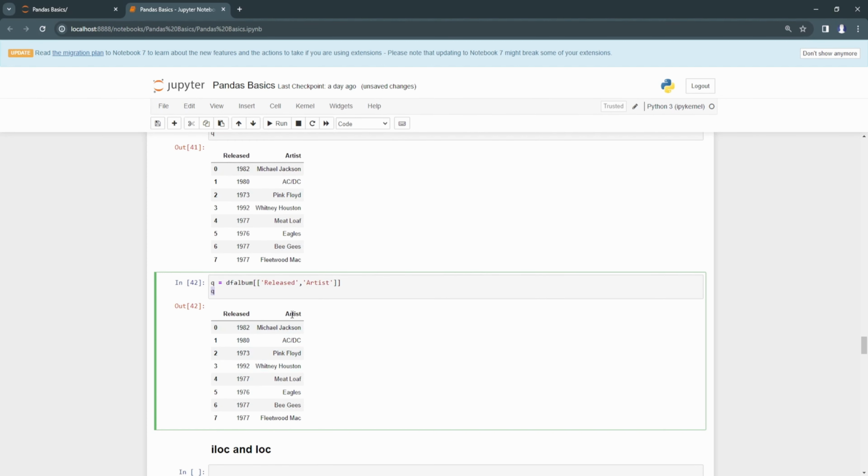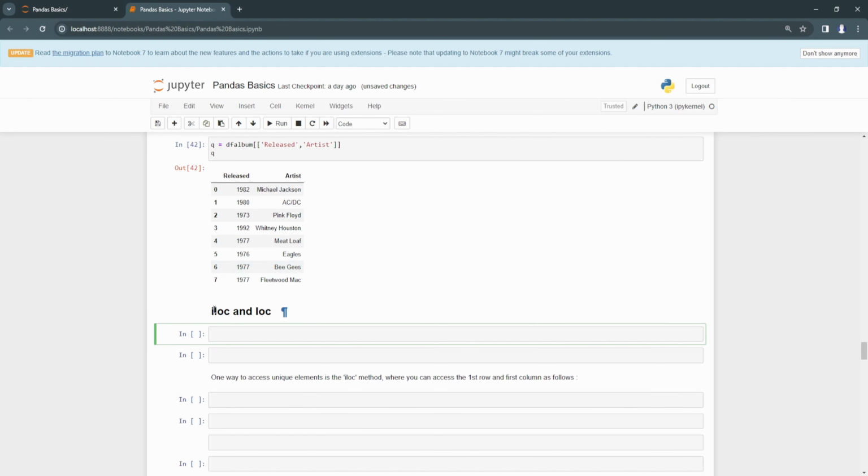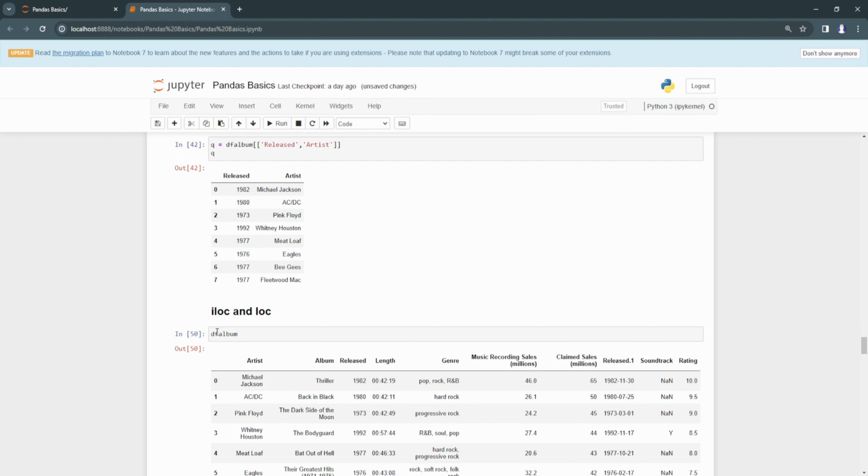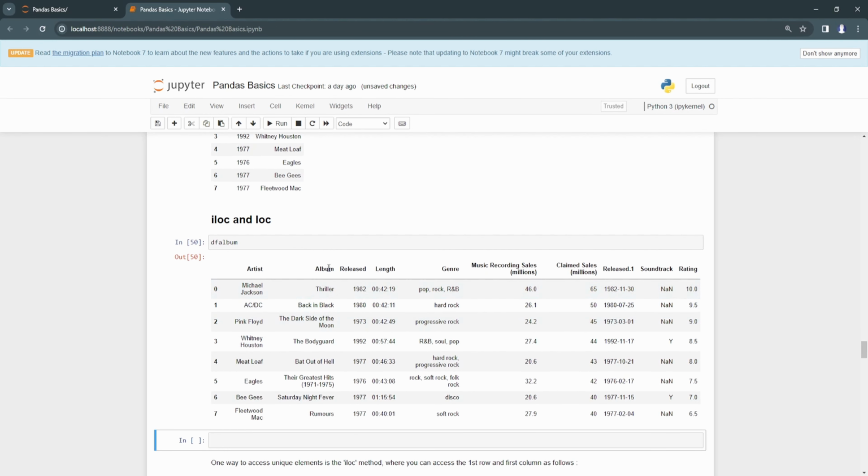And now let's explore iloc and loc functions. So the iloc and loc functions are used for slicing the data frame. First of all, let me show you the data frame we have. So this is the data frame we have, right? And now, for example, if you want to select some specific value from a specific index, for that we can use the iloc function. For example, if I want to select the value that is Back in Black,